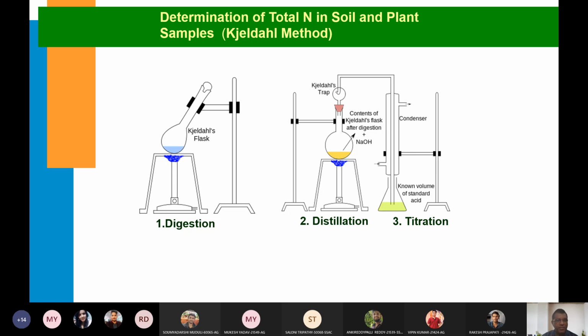So in this Kjeldahl flask, you put your plant sample and put some acid, sulfuric acid, into it, and then you boil it. After some time, your sample will be digested. I will tell you the exact procedure after 1 or 2 slides. During this, the acid will react with the organic material and convert it into ammonium sulfate. It will take at least about 1.5 hours. So your digestion is done, where your nitrogen is in ammoniacal form.